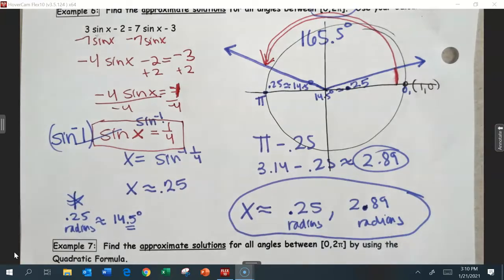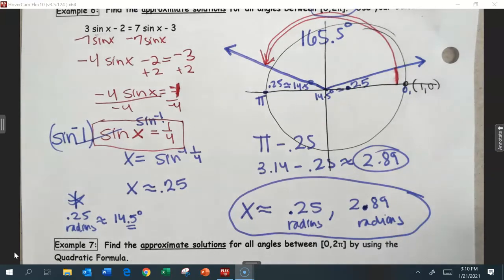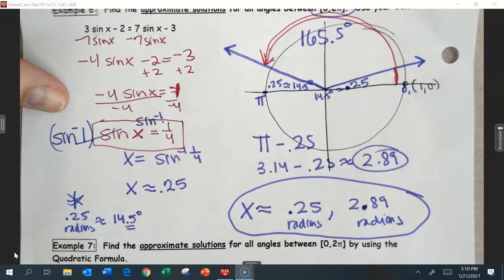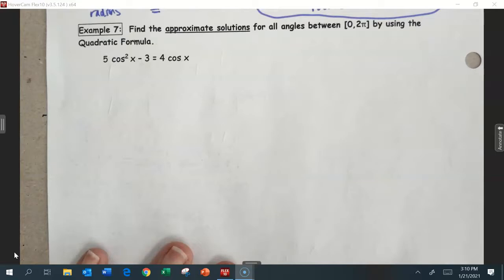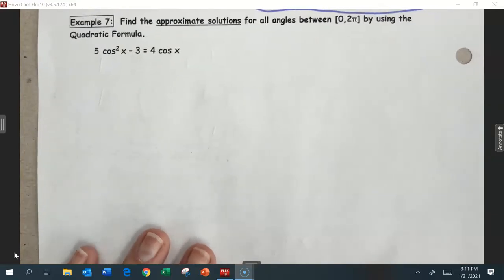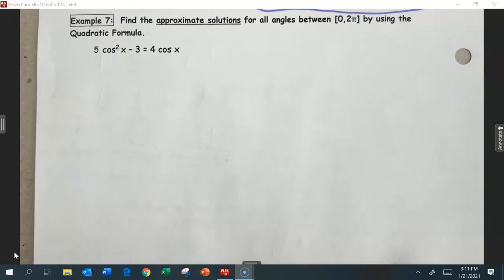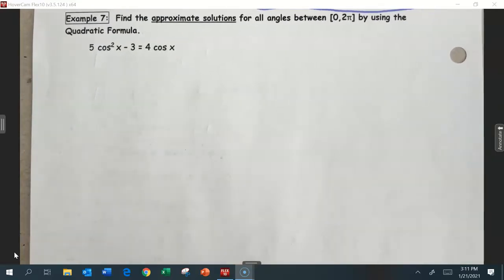Well, the last way that we have to be able to solve a quadratic, in a sense, trig equation is with that quadratic formula. And that's why a couple weeks ago, or whenever we last did a weekly math, I asked you to solve a problem with that quadratic formula. And when you did